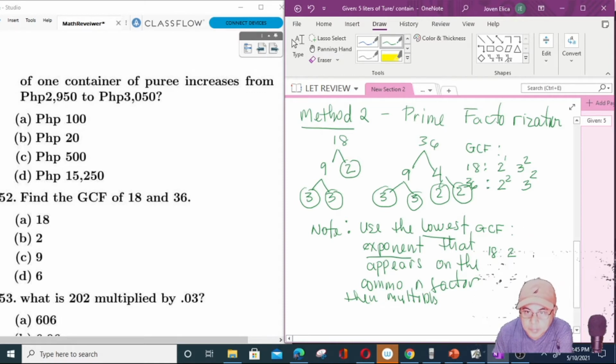Then in 36, the lowest exponent is 2 also. 2 raised to